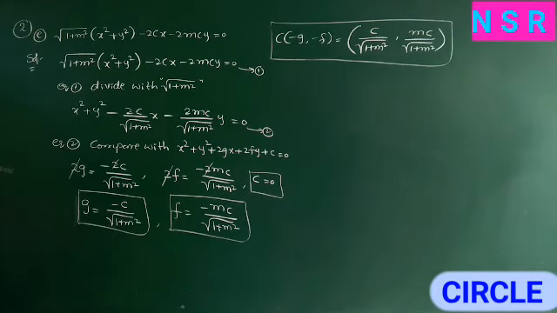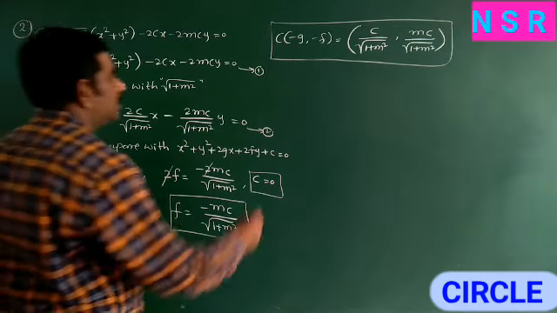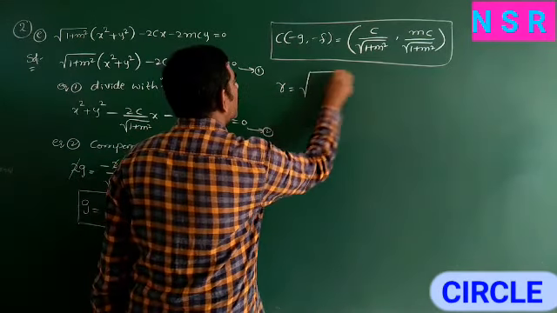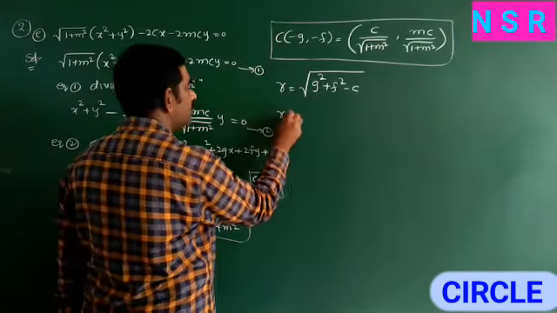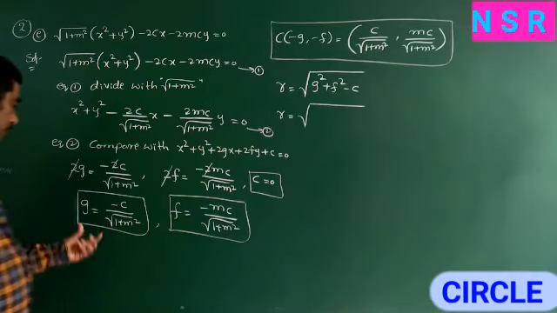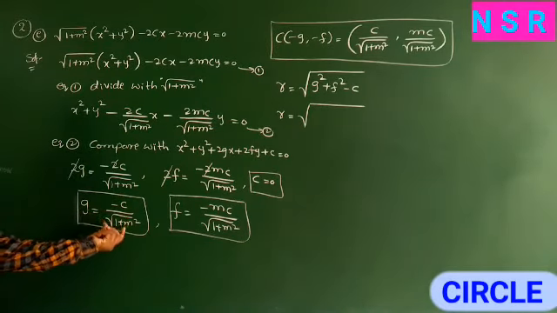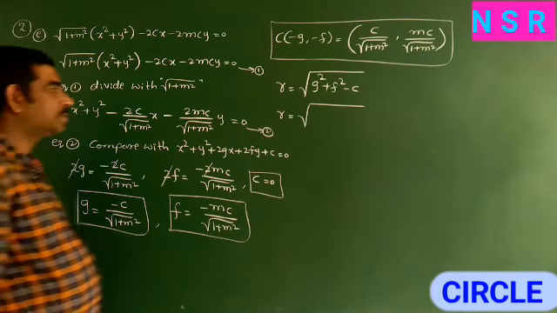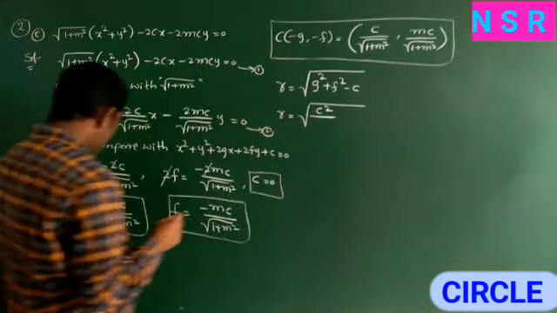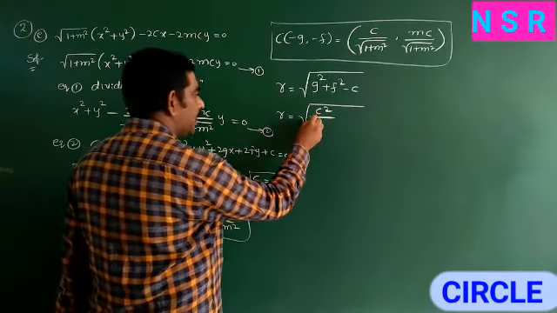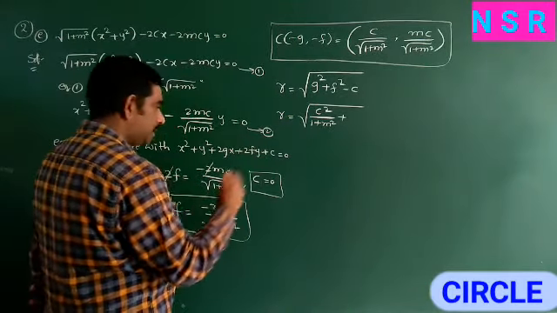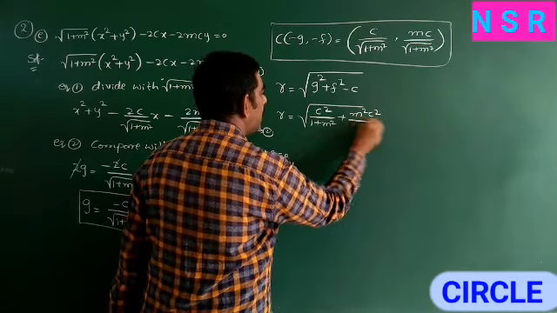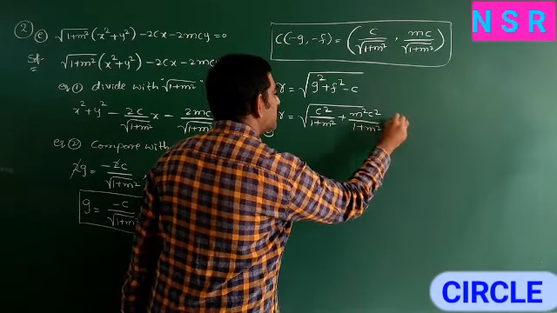Next, find the radius of the circle equation. So what is the formula for the radius of a circle equation? We already discussed it in previous sessions. So r is equal to under root of g square plus f square minus c. Now r is equal to under root of, so g square, square both numerator and denominator. So minus c square is c square by, so the root 1 plus m square squared, the square root gets cancelled. Here we get 1 plus m square. Next f square. So minus becomes plus, m square c square by 1 plus m square, minus c value 0.